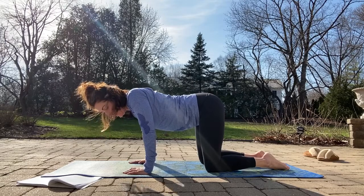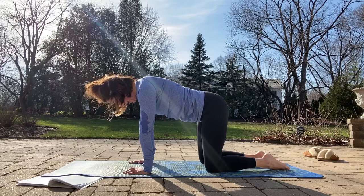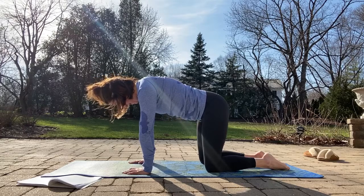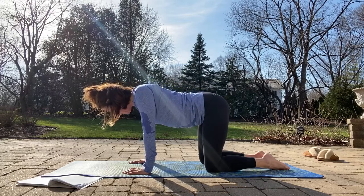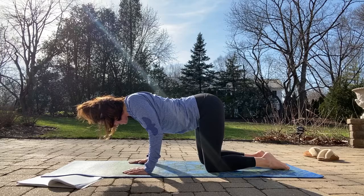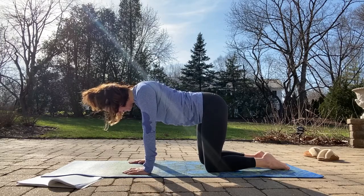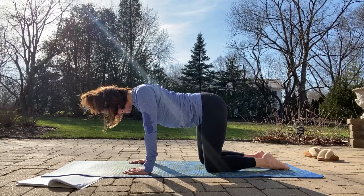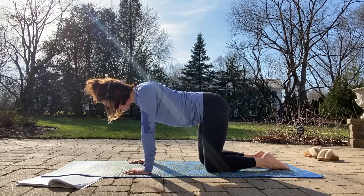And then I want you to feel like as you press your hands into the mat, your shoulder blades are pulling apart. So you're gonna get those shoulder blades to squeeze, squeeze, squeeze together, and then pull apart. So squeeze those shoulder blades together and apart. And again, squeeze together